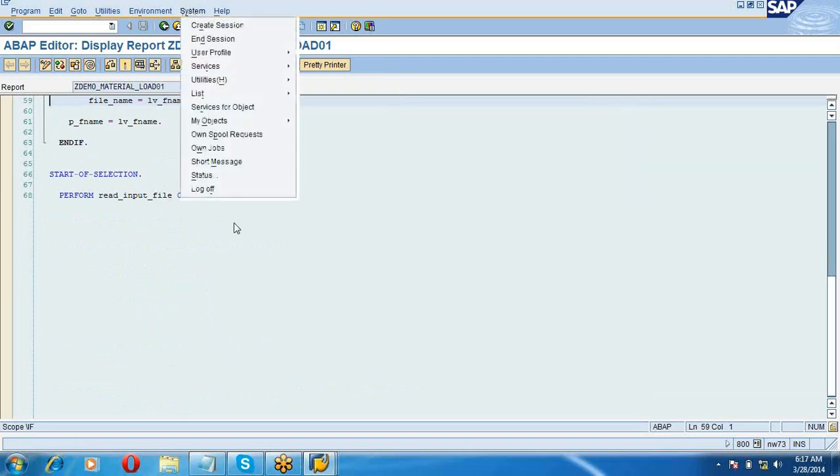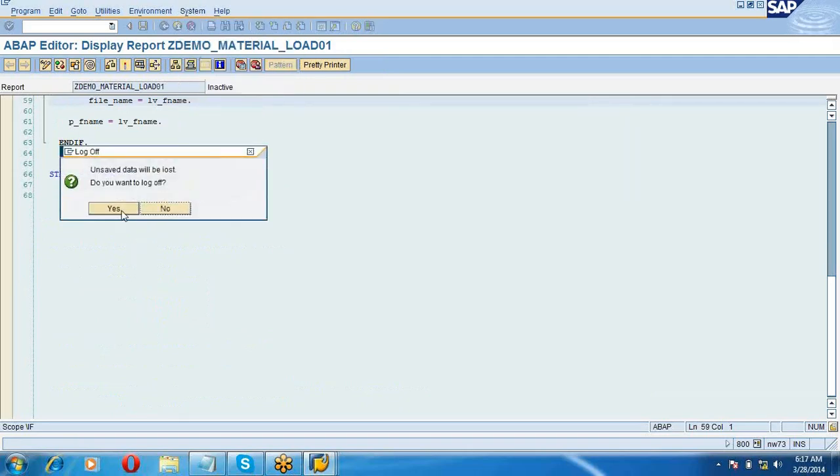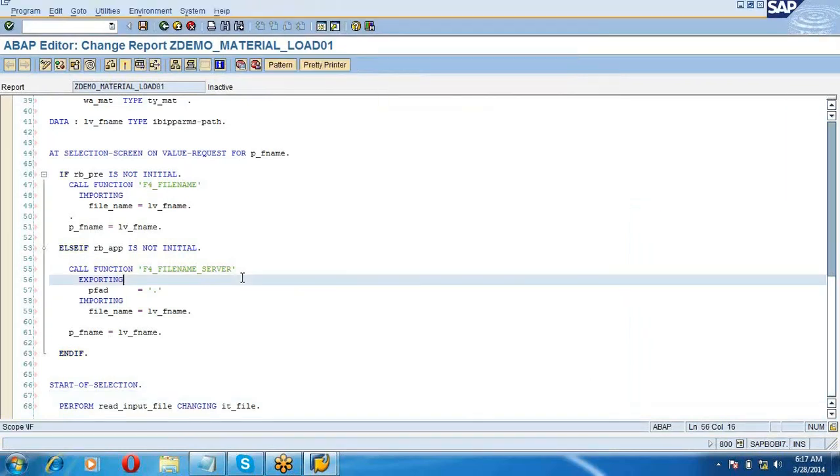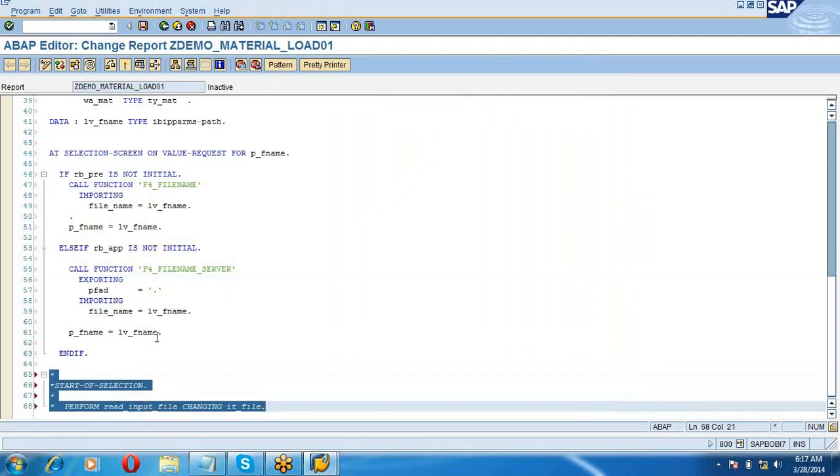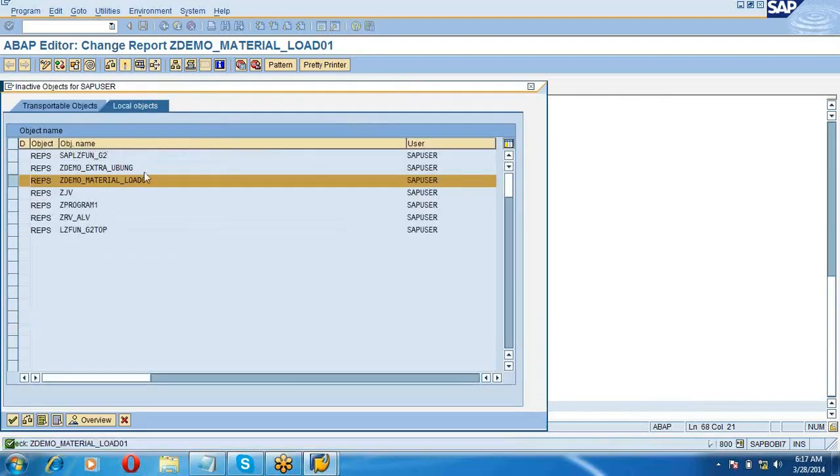So we had written the first part of our program actually. We had designed our selection screen and we had planned to